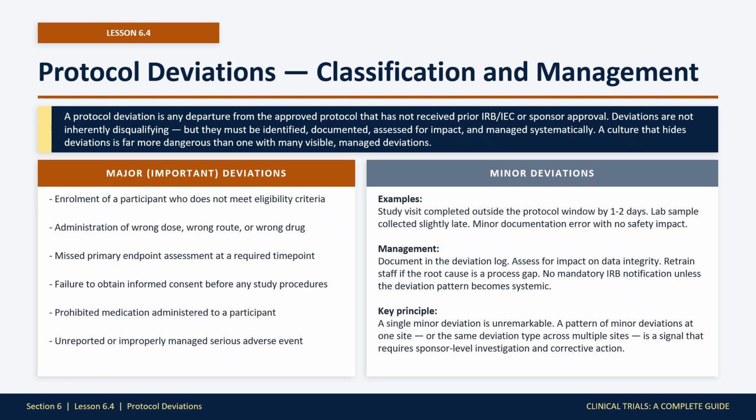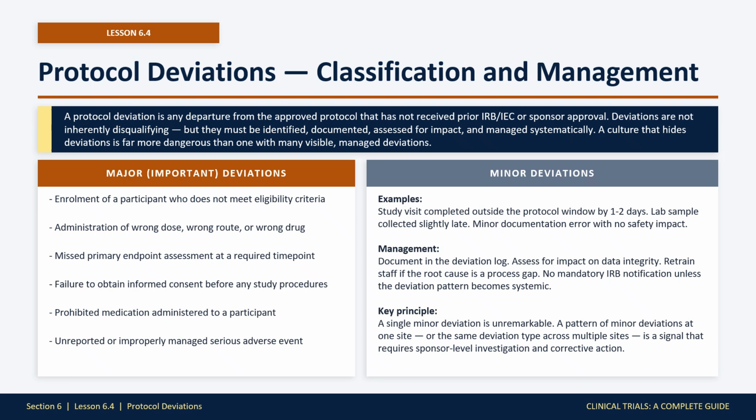Minor deviations, shown on the right, are departures with no meaningful impact on participant safety or data integrity. A visit completed 2 days outside the protocol window. A lab sample collected slightly late. A documentation error that was corrected with an audit trail. These are documented, assessed for root cause, and used to identify retraining opportunities, but they do not typically require IRB